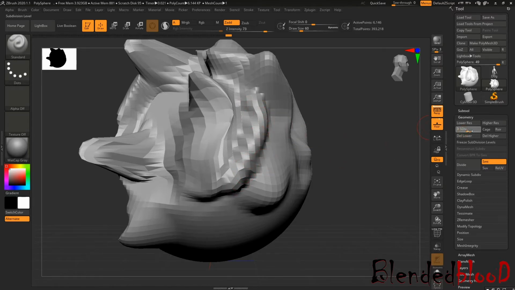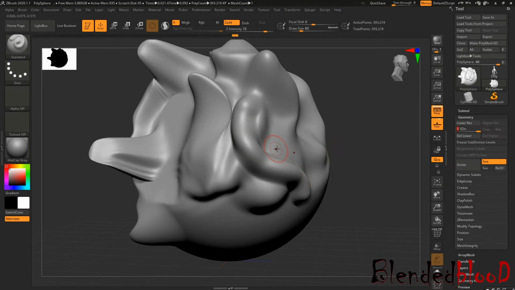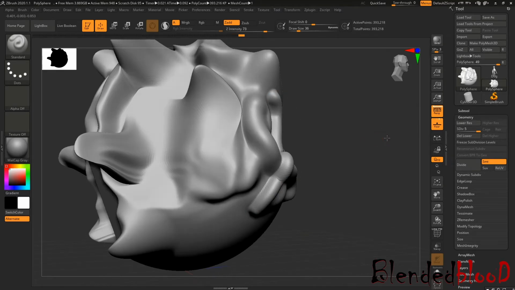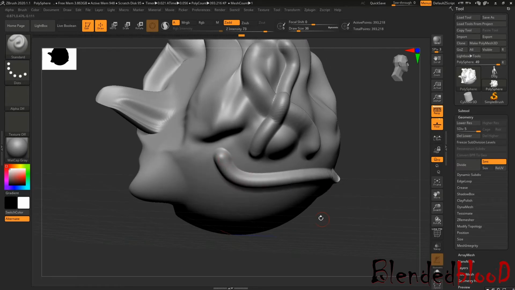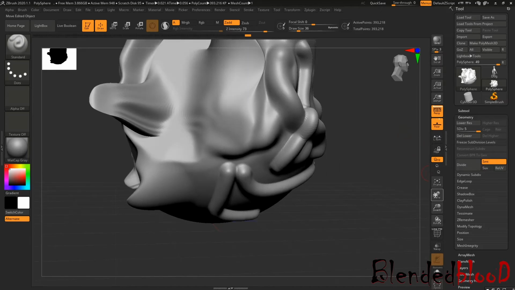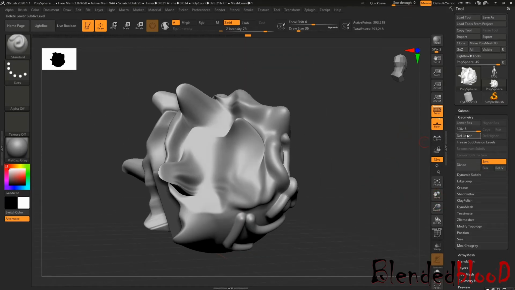If I click on 4 and draw a stroke, this is smoother than the previous one. Now I go to 5 and draw a stroke again, this is way smoother, right? So this is how subdivision levels work, right?